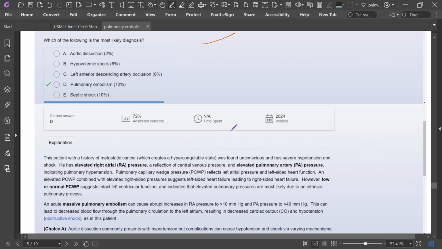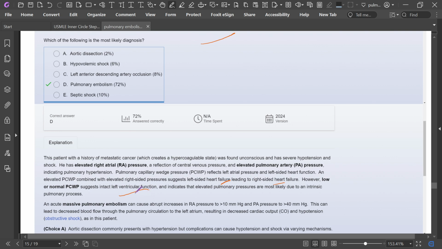This patient with a history of metastatic cancer was found unconscious with severe hypotension and shock. He has elevated right atrial pressure, a reflection of the central venous pressure, and elevated pulmonary artery pressure indicating pulmonary hypertension. Pulmonary capillary wedge pressure reflects left atrial pressure and left-sided heart function. An elevated pulmonary capillary wedge pressure combined with elevated right-sided pressure suggests that left heart failure is leading to right heart failure. However, low or normal PCWP